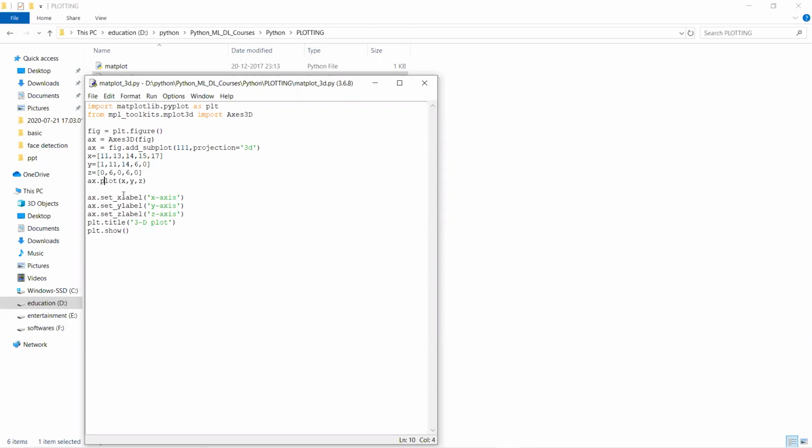After this, to plot the bar graphs we will use this plot keyword. Okay, so set x label, y label and z label. Label means it's about the name. According to which type of parameters we are using on the x-axis, y-axis and z-axis, we can change our names.